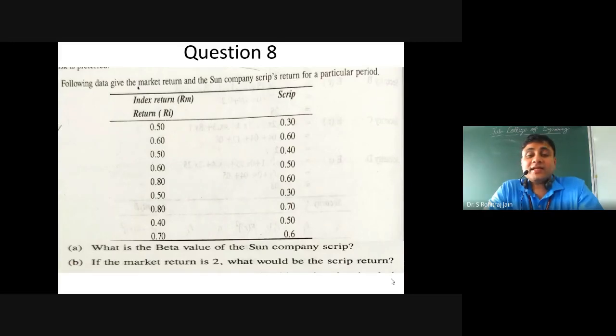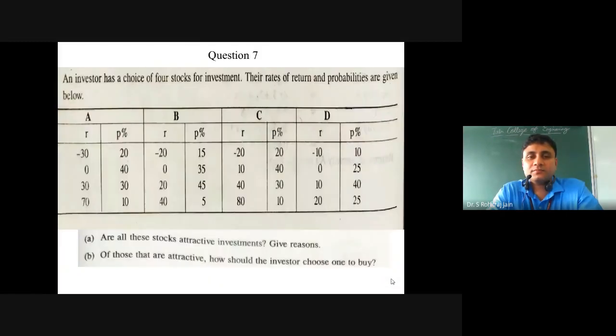See, students, yesterday we solved one problem, right? They had given us the price. So first we converted. See, I'll show you yesterday's problem so that you will recall that. One minute.